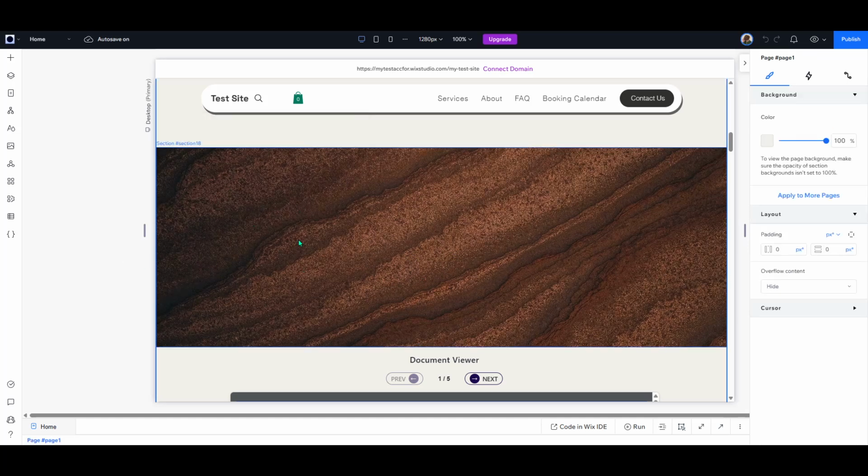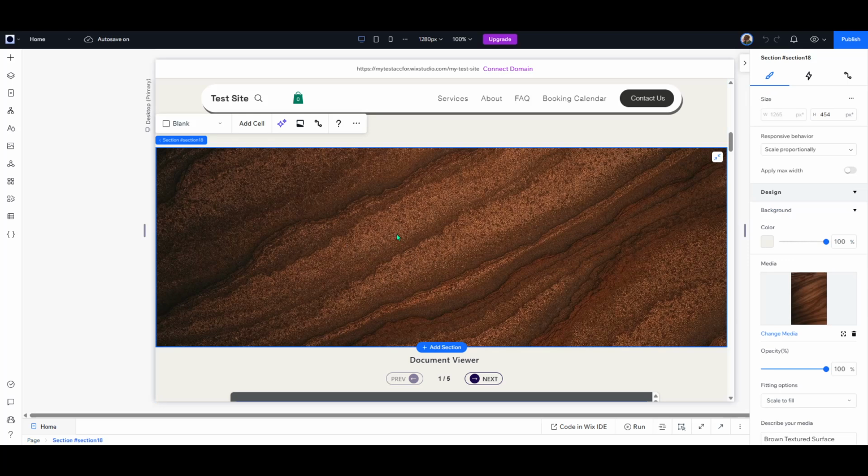A good check is that you see the section's bounding outline and a label that indicates you've got the whole section selected. If you accidentally select an inner element, just click on an empty area within that section until the section itself is highlighted. With the section selected, look to the pane on the right side of the editor and